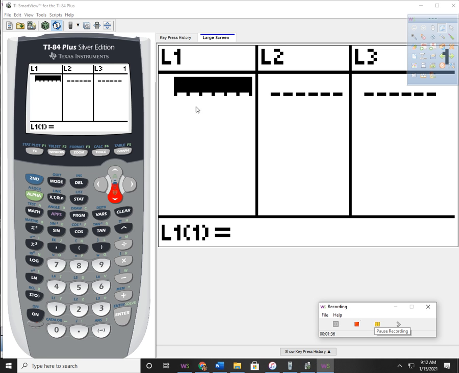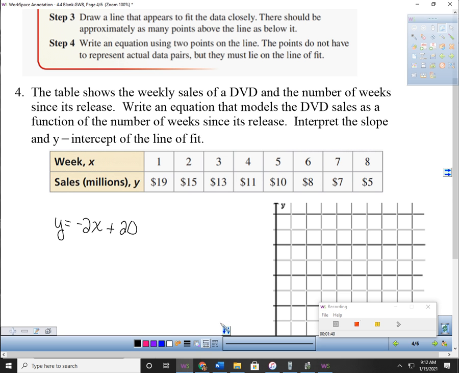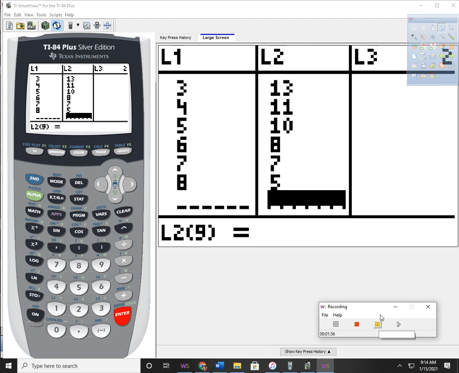Now I'm going to go through and put all of my X values. So remember in your table, you're just going to go left to right for your X values and left to right on your Y values, and you're going to put those in your list. So remember, X's go in list 1, Y's go in list 2, and make sure you press enter after every single entry. So an important thing, and this kept happening in another hour yesterday, was that people didn't realize that